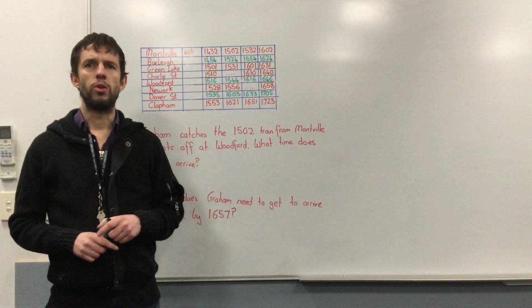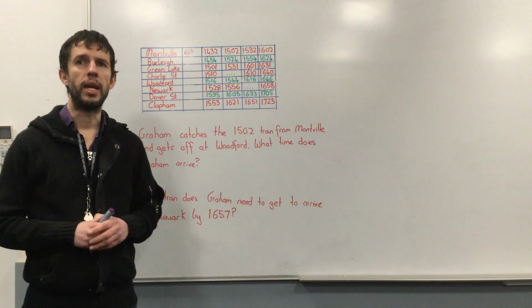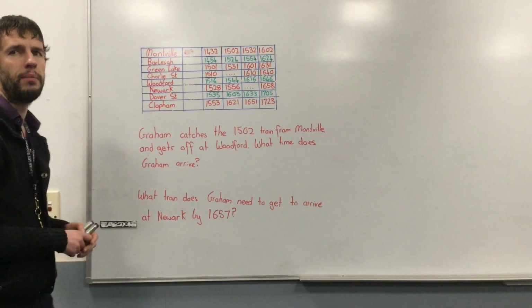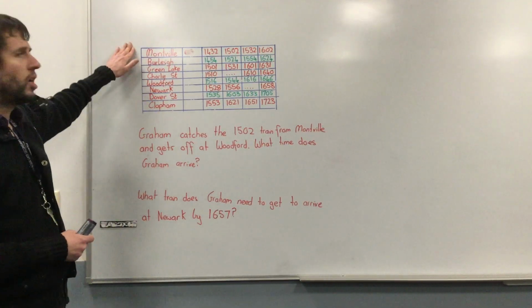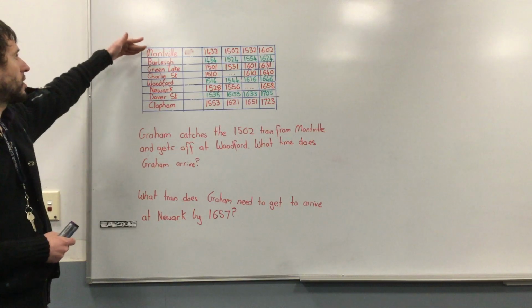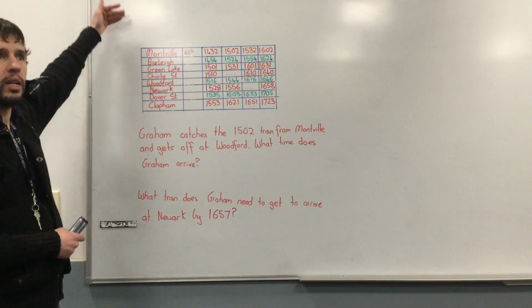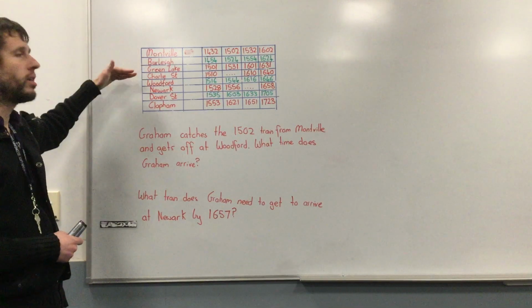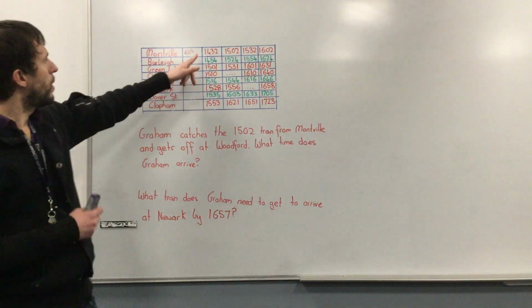So we are going to be looking at understanding timetables and being able to break them down and read them. I have a train timetable right here, and the first thing I'd like you to look at is we have our stations on the left hand side, and they start at the top, and as we go down it means we are going to the next station. When we go across,